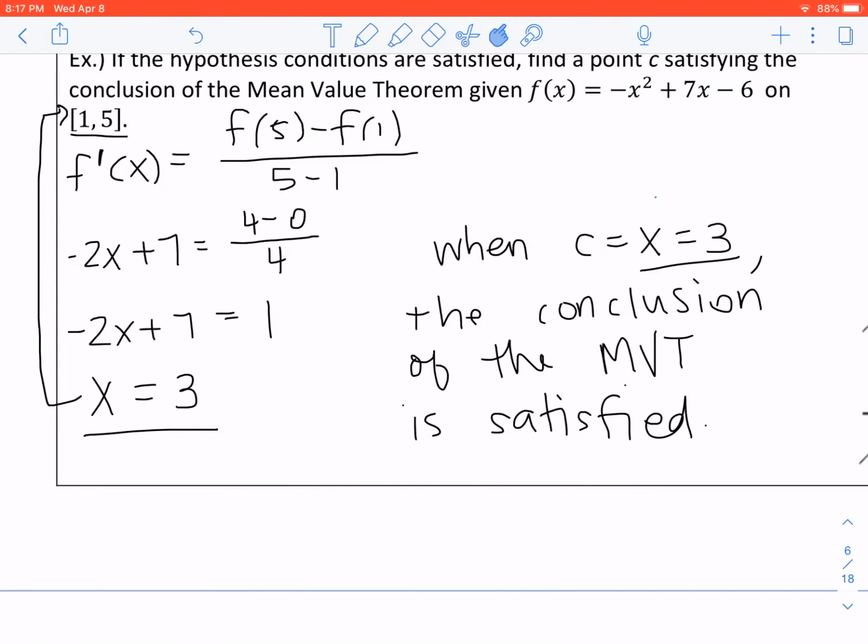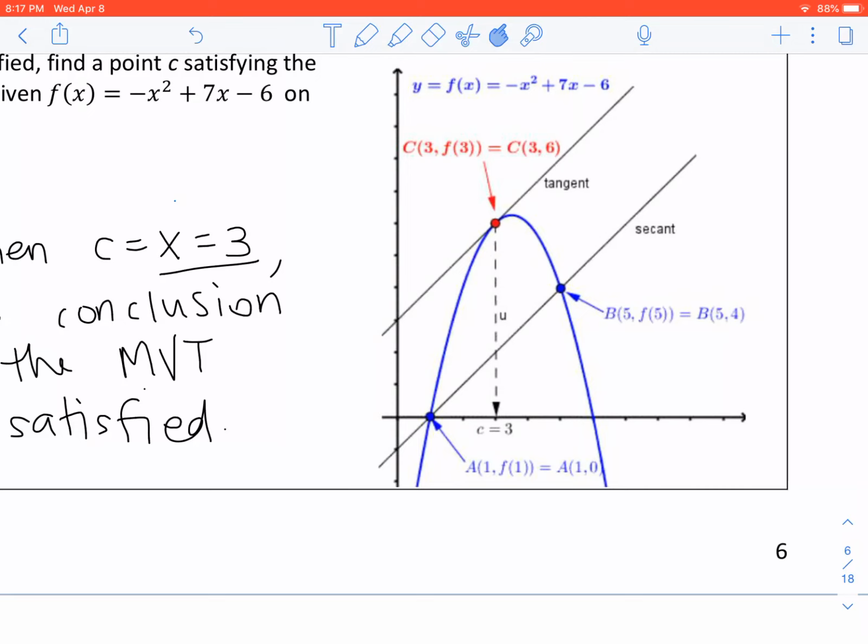So taking a sec to look at the graph, again, most of the time the graphs are not given to you guys. This has the parabola that we were given. And you'll notice going from 1 to 5, which is given to us also. You can see the slope of our secant line and then finding the slope of the tangent line, which would be our derivative, at the value of 3. And hopefully you can notice that